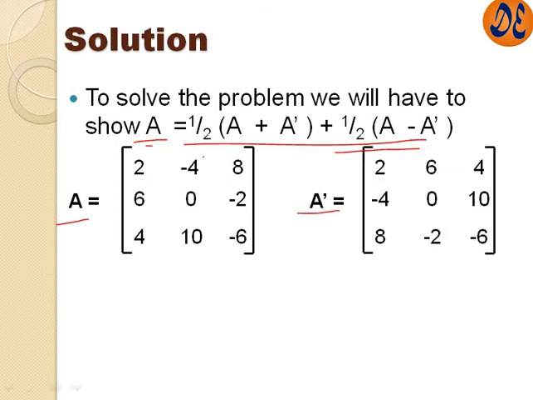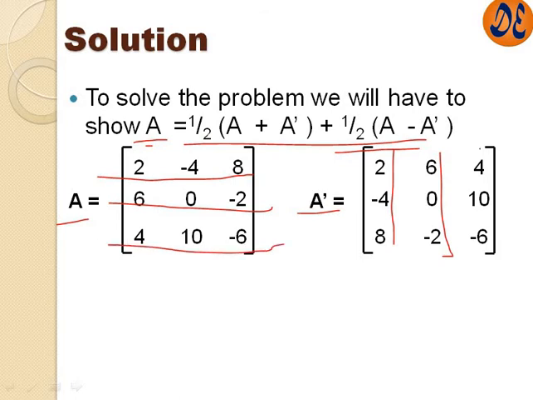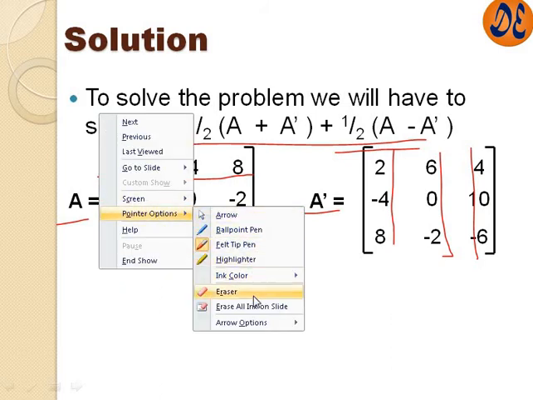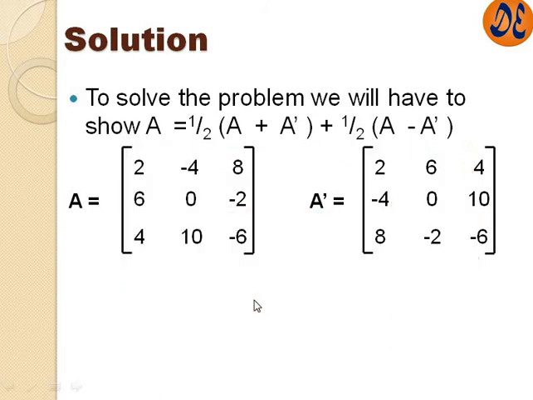Now I will not explain you much about that. See, this is the row and here it becomes the column. Again this row became second column, third row became third column. So here we have just transposed the matrix, and I assume that your concept of transpose is very much clear.